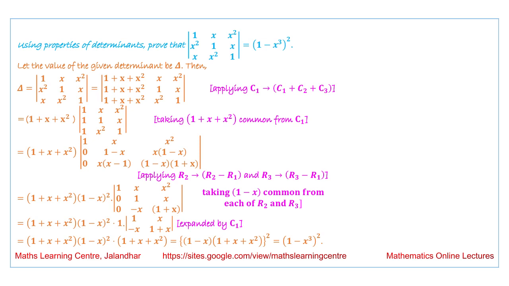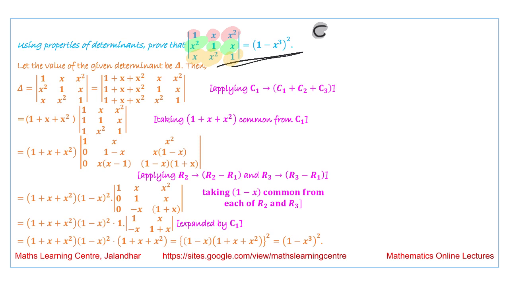We have to prove that this determinant, 1 x x square, 1 x and x square 1, is equal to this value. So if we look at these terms over here, it is 1, x and x square, next it is 1, x and x square, and the third value again we have is 1, x and x square. So if we add these three columns, we are writing column 1 approaches,